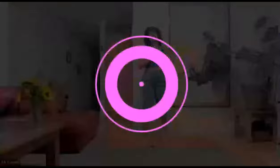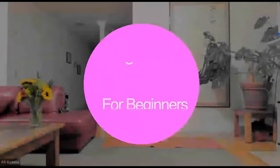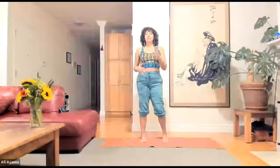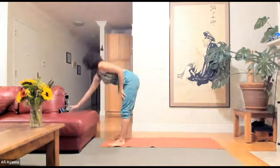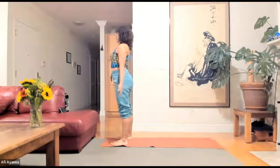Today's yoga practice is a yoga flow for beginners. Depending on if you've ever taken yoga before, if you're new to the practice, this is a really good flow to just get in your body, get some energy going. And if you're an expert, I just would ask you to join with a little bit of a beginner's mind, a little newness. So we'll start at the top of the mat, and we will stand in